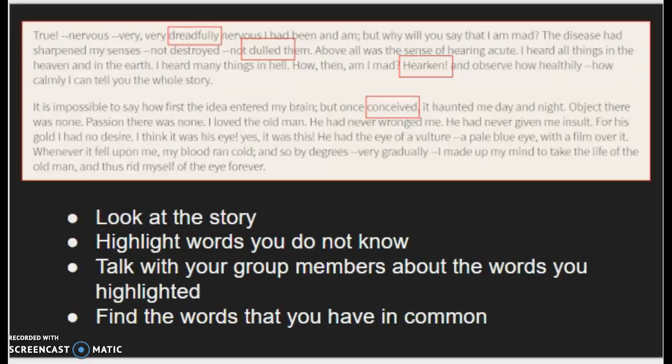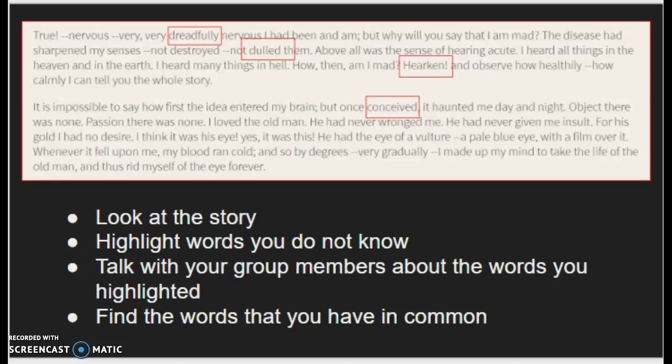So, just in that first sentence that I read kind of badly, I highlighted the word dreadfully and dulled, because I'm not sure what those words mean, and I'm not sure if the words around them are telling me what the word means. I underlined them because I'm not sure. And then after you go through the whole story and you look at the words that